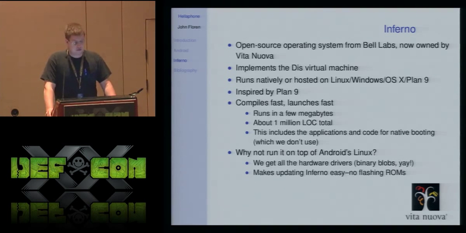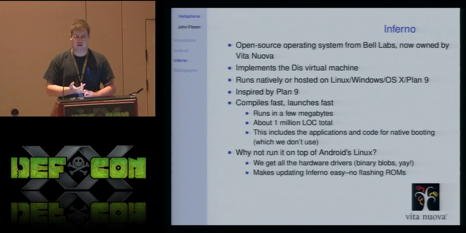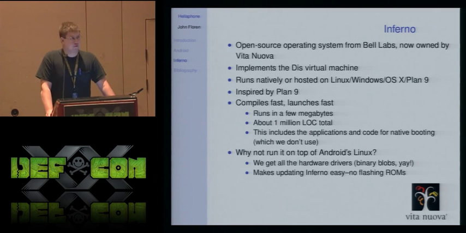As it says here, it only takes a few megabytes of RAM. I think in our environment, you run the windowing system, you run a bunch of daemons, you're talking about maybe 16 megabytes of RAM used. And there's about 1 million lines of code, and this includes the kernel, a whole bunch of applications, the windowing system, a bunch of drivers for use on native hardware, which we don't even use. It compiles really fast. You can recompile the kernel in like 5 seconds on a modern machine, and when you run it, it's started up. It gets you into the windowing system within about a second.